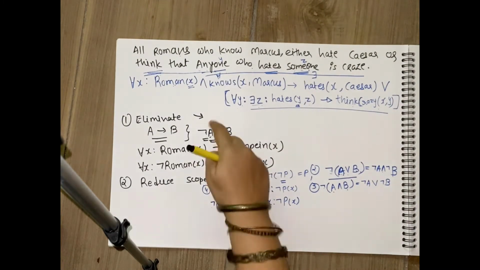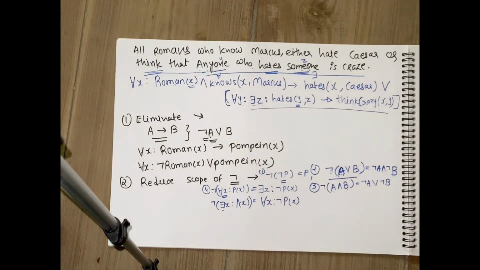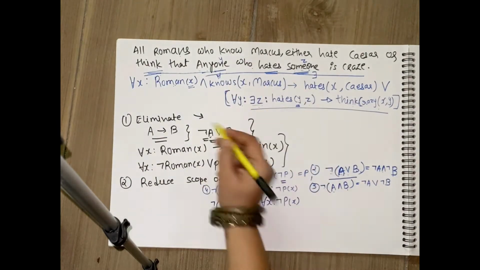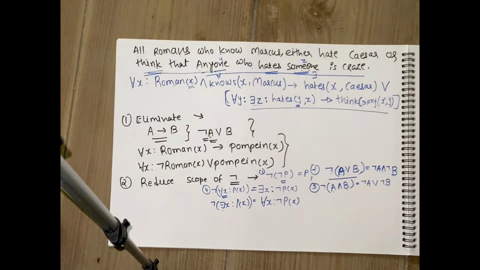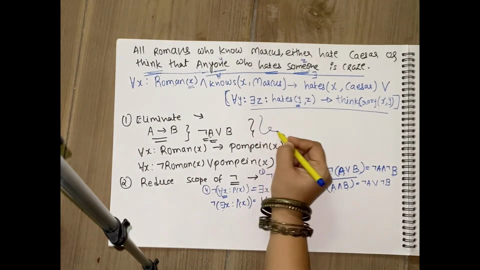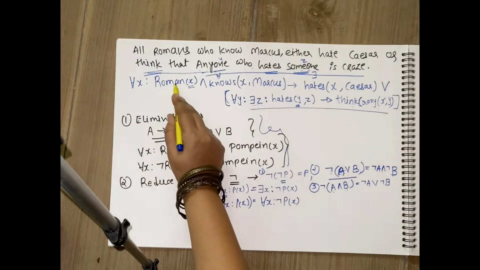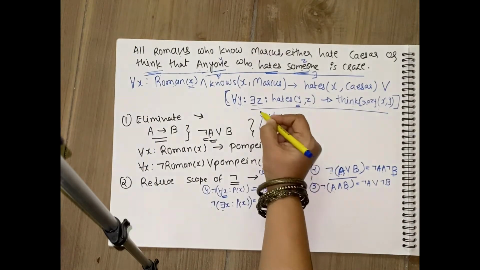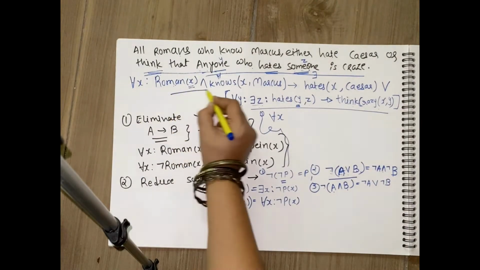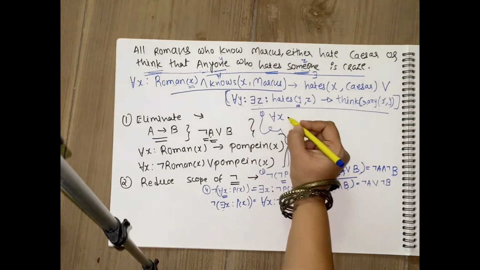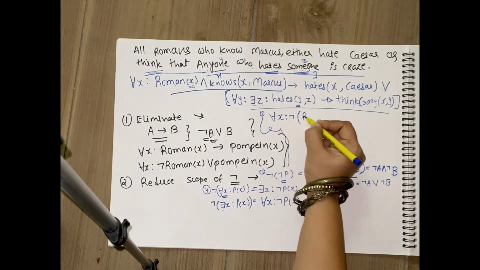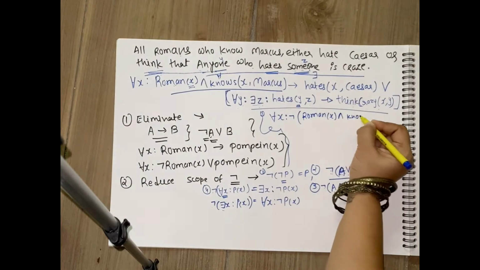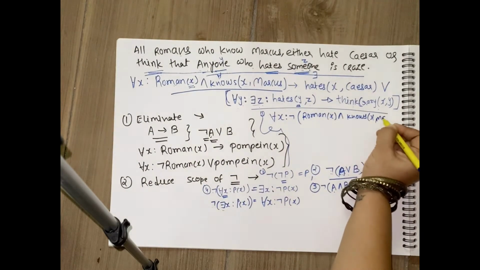So if we have to apply these both steps to the first statement that we have written over here, we should be applying this first of all for this statement. The first statement should have been applied, that we forgot to do. So here I am going to write this. If you apply the first step to the base statement, what is going to happen? So for all x, this is the first step I am applying. For all x, this is the left hand side that I need to negate. So for all x, negate Roman x and knows x comma Marcus.